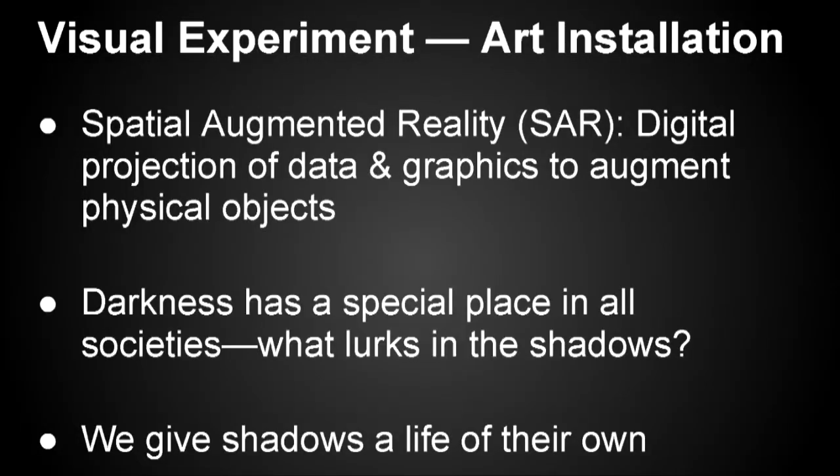So in essence, this is more of an art installation rather than an experiment in technology, although there is some powerful artificial intelligence software running behind the scenes. And this is more of a visual experiment. And it falls under the category of spatial augmented reality, which is, in short,